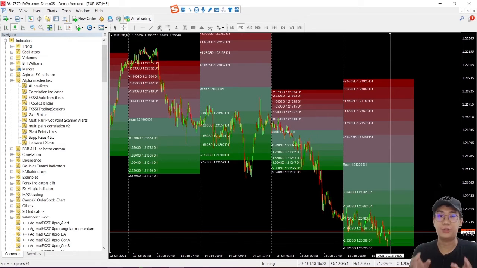So as a retail trader, like all of us, what we need to focus on is having the same mindset as them. What they are looking at, we also need to look at as well. So now I'm going to show you how to use this indicator, universal pivot, to actually find what I mentioned,